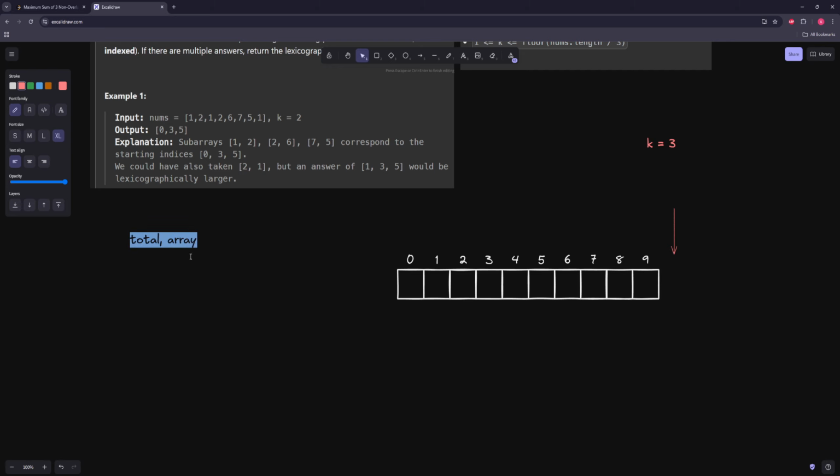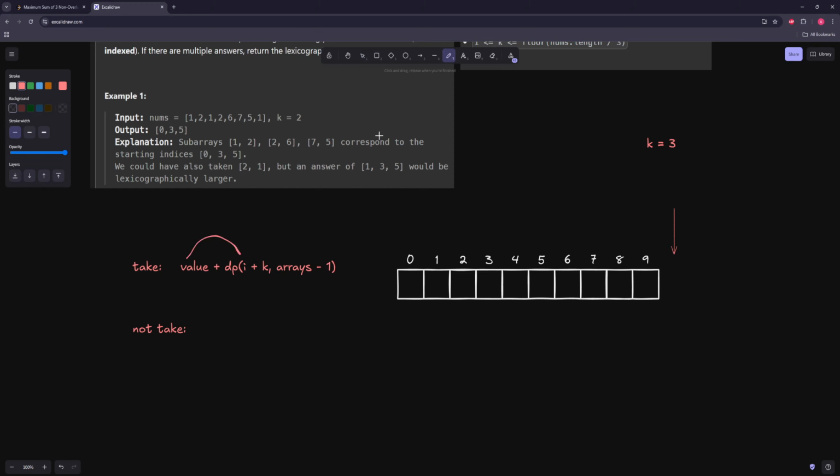And then in the take or not take DP, now your solution changes. So let's say we have a take and a not take. So the take, we're going to recurse to, we're going to get some value, right? So we'll have some value plus DP of I plus K, and then this will be number of arrays minus 1. And then if our value plus this guy, the first part of this, right? So like I said, we're going to return a tuple of total and array. So if this is bigger than this, so not take will just be DP of I plus 1, and then this will be